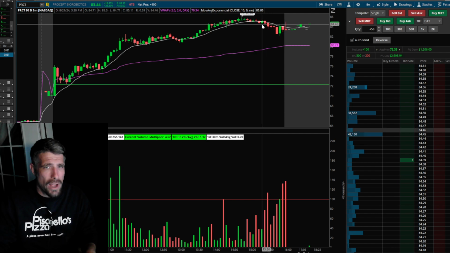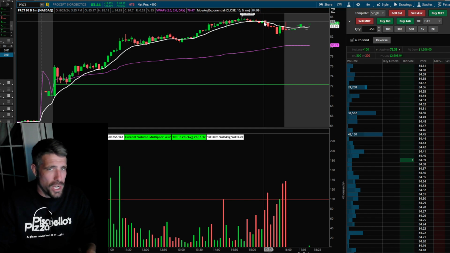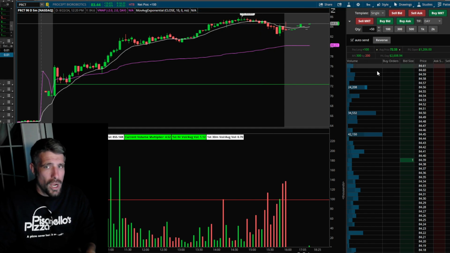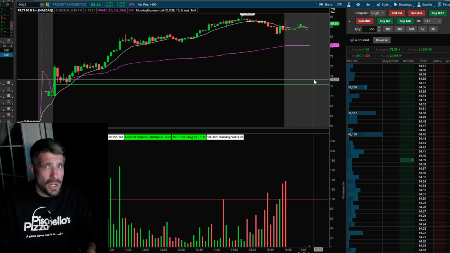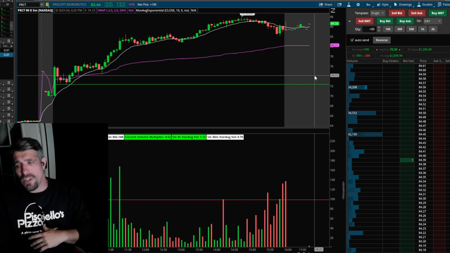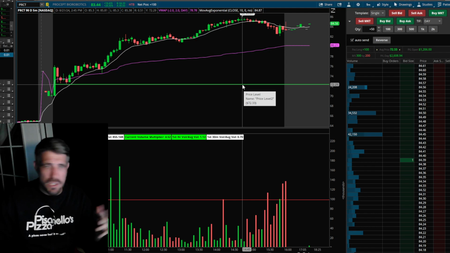I do not exit any more of this trade until right by the end of the day, somewhere around this area. I decided to take out half of those shares. Okay, so I'm only holding 1/3 of this left. We're up $2,608 and I still have $1,200 out there to let it run. I can let this run comfortably. I'm bringing my stop up to break even and I'm just gonna let it run.